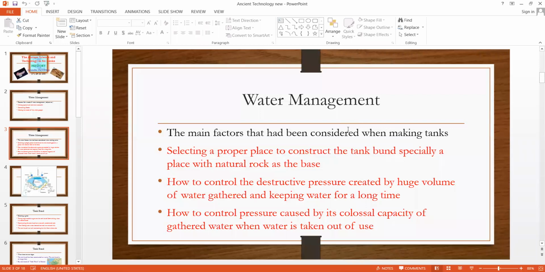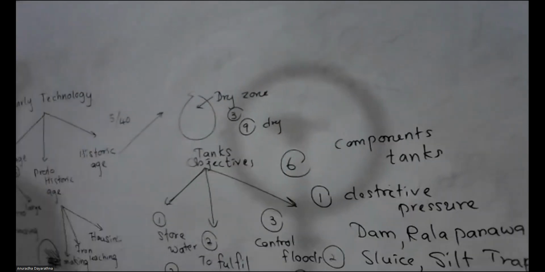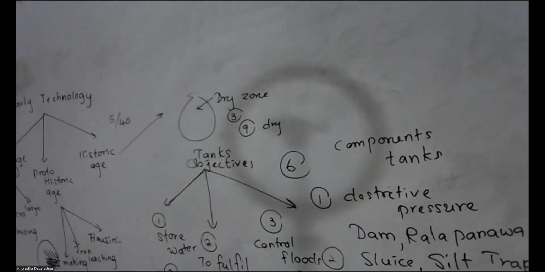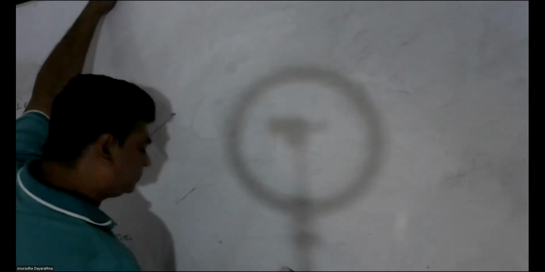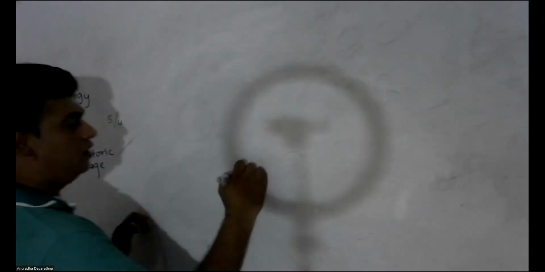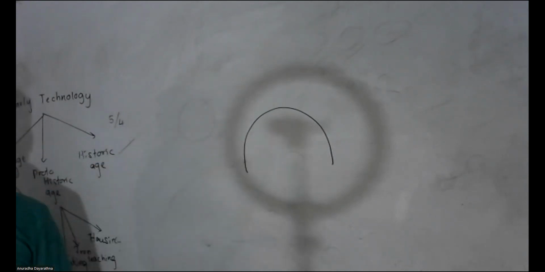So I'm going to the whiteboard once again, and see. How do you find the place to construct the tank successfully? Now see, you take it like this. Not a simple place. Everywhere you cannot construct tanks. There must be a proper place that you have to see. How to select that? It must be a place where three sides were covered by mountains. Only then will the water be gathered, otherwise water will not be gathered.